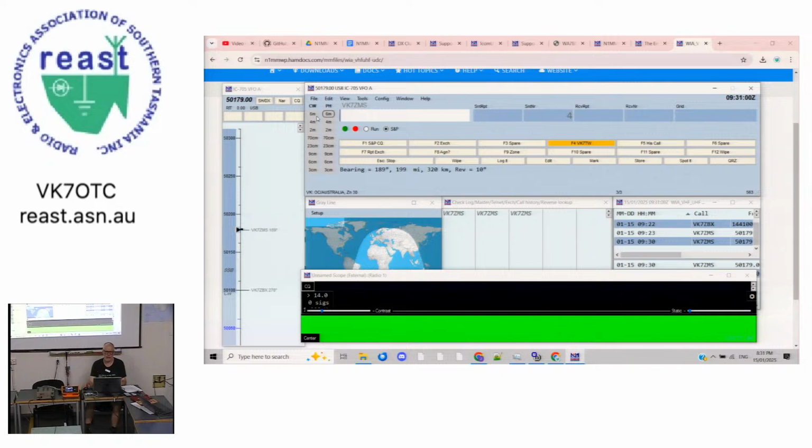Does it use Hamlib? Hamlib, yeah. I don't know. Probably. I assume it probably does because pretty much everything uses Hamlib. Anyway,